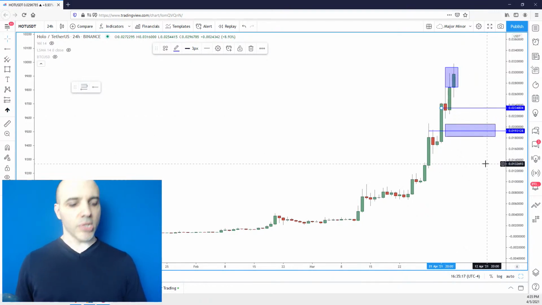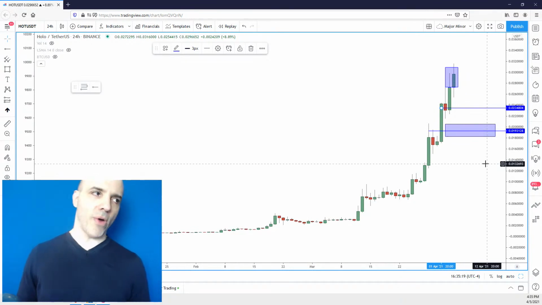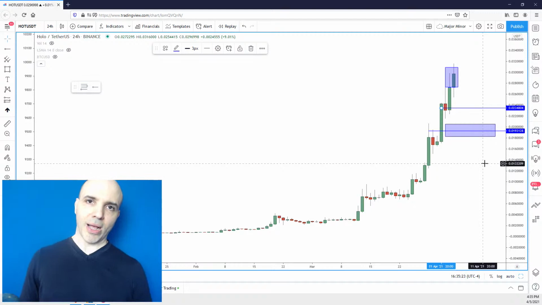Now again, in these situations, as I pointed out with a few other coins, when they go vertical like this, they usually consolidate for a little while. So don't be surprised to see this thing have a decent pullback and then do nothing for a few weeks. That's what a lot of them do. So if you don't have any, this is not a great price to buy. Also, it's a really cheap one, like 2 cents, 3 cents. These are not the greatest candidates for swing trades.